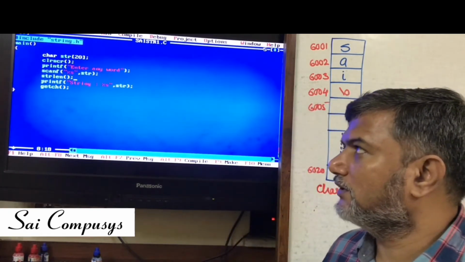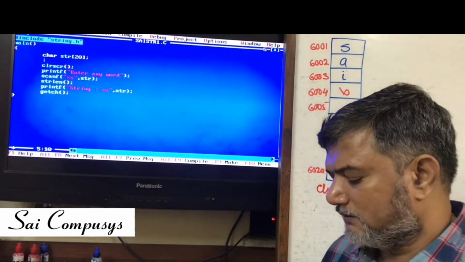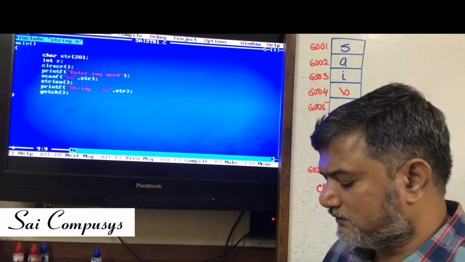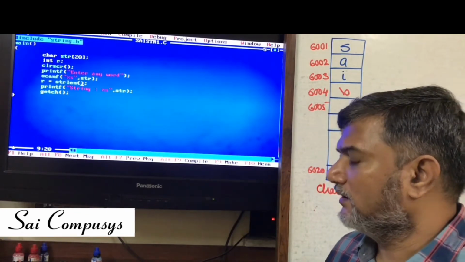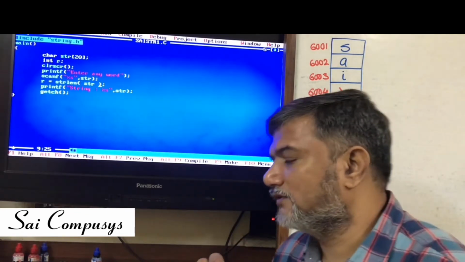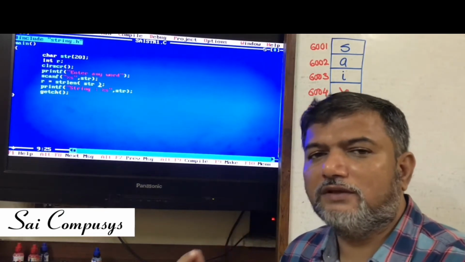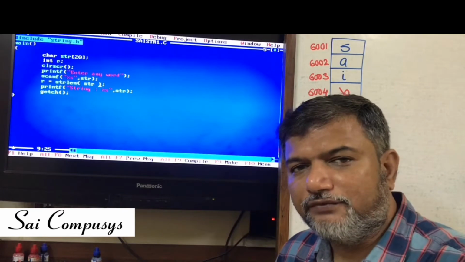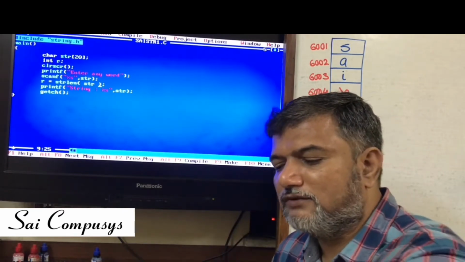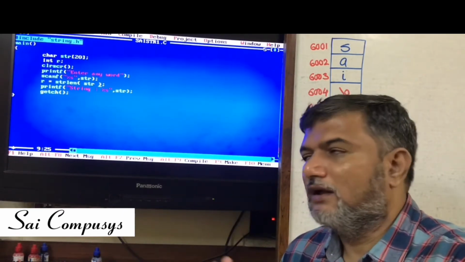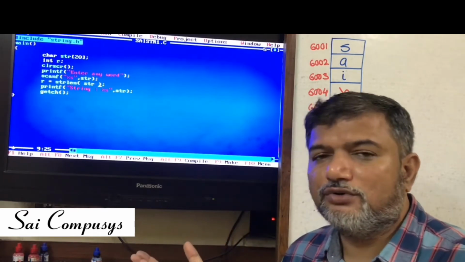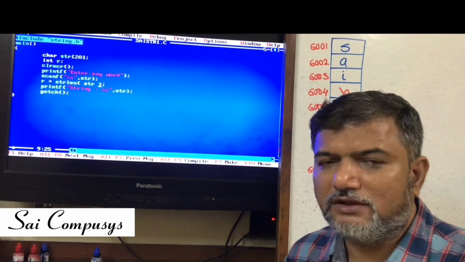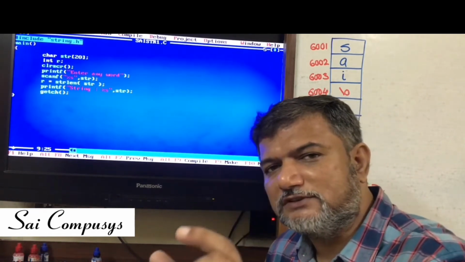I'll quickly show you the demo of this program. See, here I'll write r equals strlen, and in the brackets I'll be passing str. Now the only thing that you have to remember while operating upon strings is, for every operation you need to pass only the starting address of the string. Again I say, the name of the string could have been anything. It could have been PQR, it could have been ABC. Whatever the name of the string, you just need to specify that.